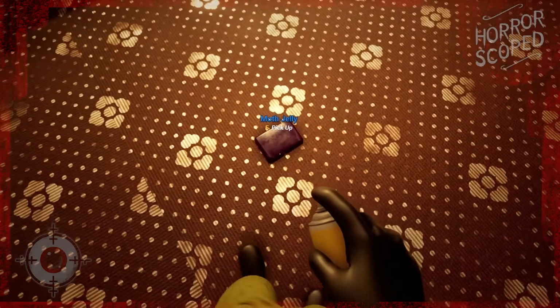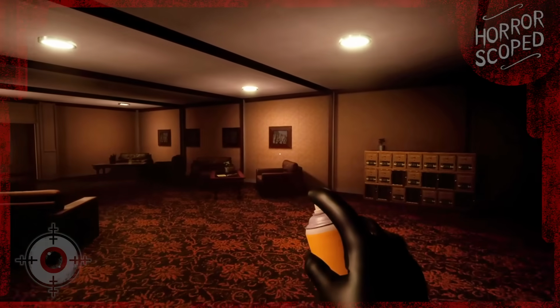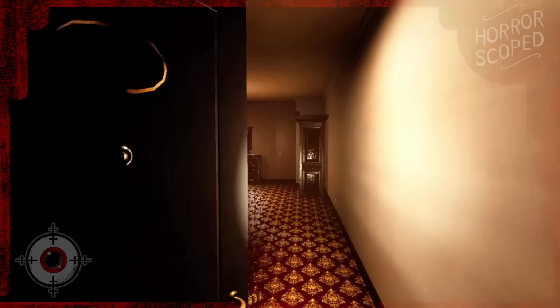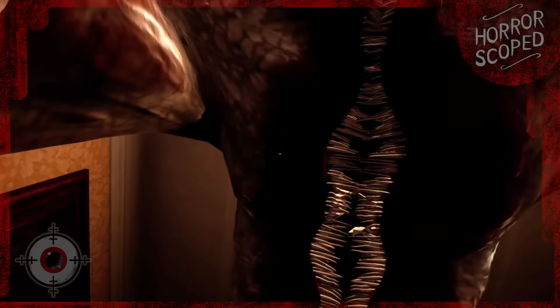After collecting 3 jellies, we send them down the chute in the hallway, which gives us the keys required to use the elevator. Arriving on the next floor, our objective is to obtain 7 pieces of paper that are hidden in various hotel rooms. Only this time, we're not alone. There are both a hound and a skin stealer present on this map, and we must avoid them as we